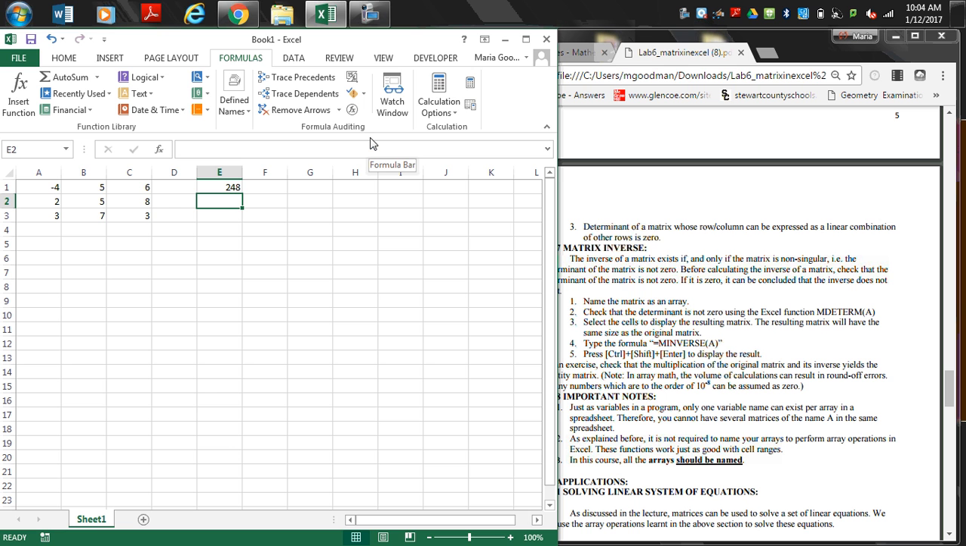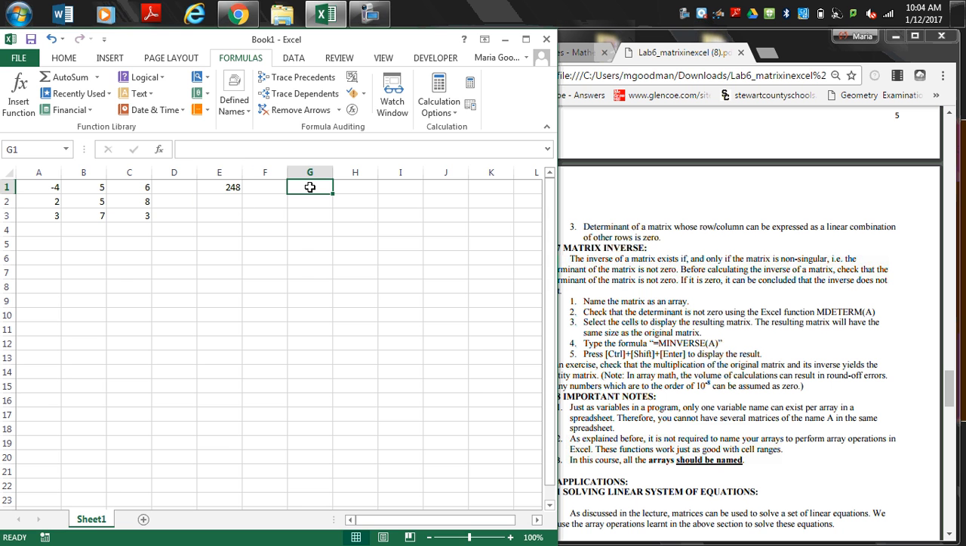So, with that information, what do I know? Can I find an inverse? Yes. You can find an inverse as long as that determinant number does not come up as 0. All right, so now